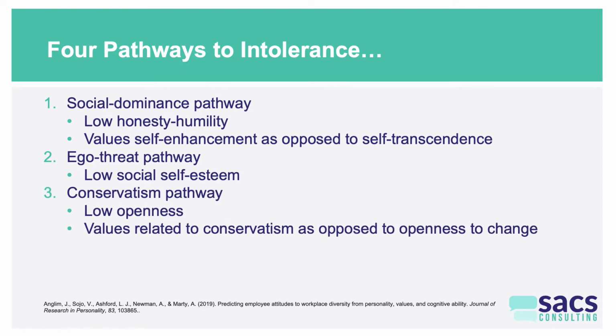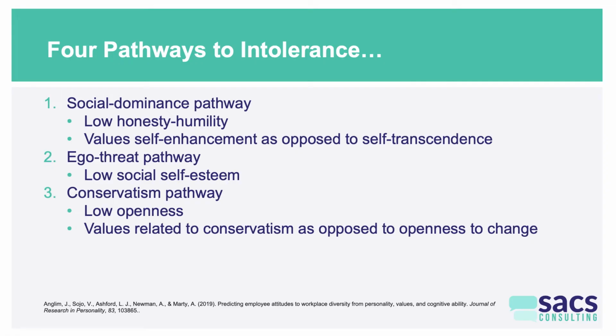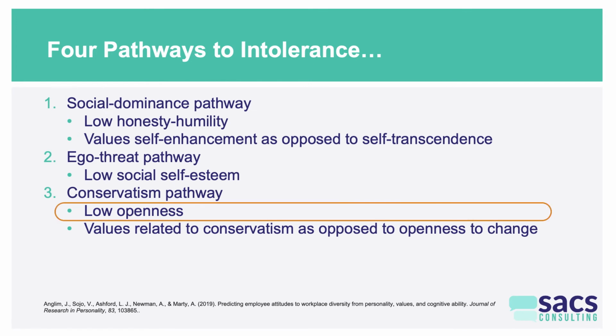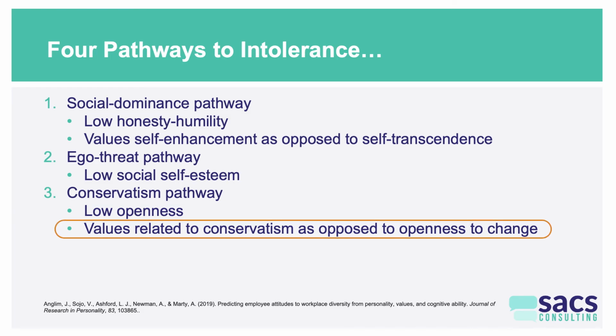Then there's the conservatism pathway. Well, when I was growing up, we didn't have all of this diversity. We didn't have people who came from this country, or we didn't have people dressing in a certain way, or we didn't have people openly having certain sexual preferences. And so conservatism can be a cause for intolerance. And there are markers here. One is the personality characteristic called openness. And so openness is really a largely genetic liking for new things. The idea here is that if somebody has a liking for new things, maybe they're likely to be more tolerant of new lifestyles or new ethnicities or new sexual preferences or whatever.